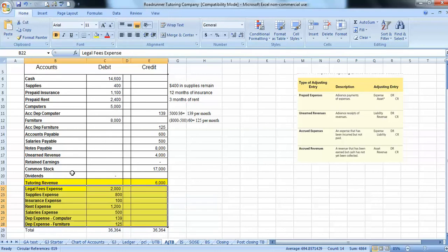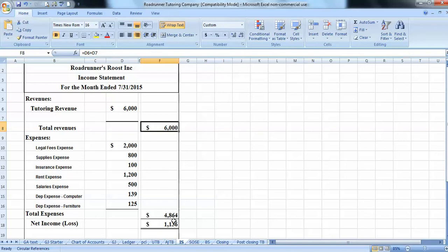None of these accounts are used more than once on a financial statement. They only appear once. So we're going to go ahead and put these on the income statement, check them off, they've been used, they come up with our net income. Now, as you know, this net income carries over to the statement of shareholders' equity or the statement of retained